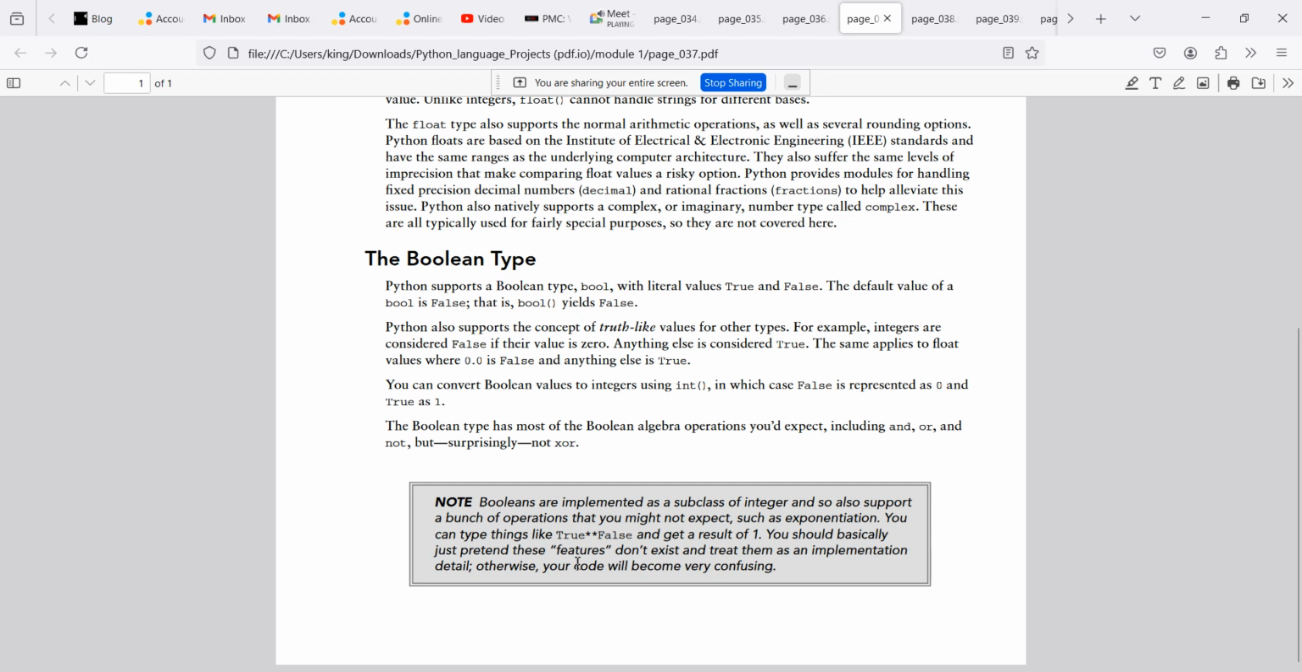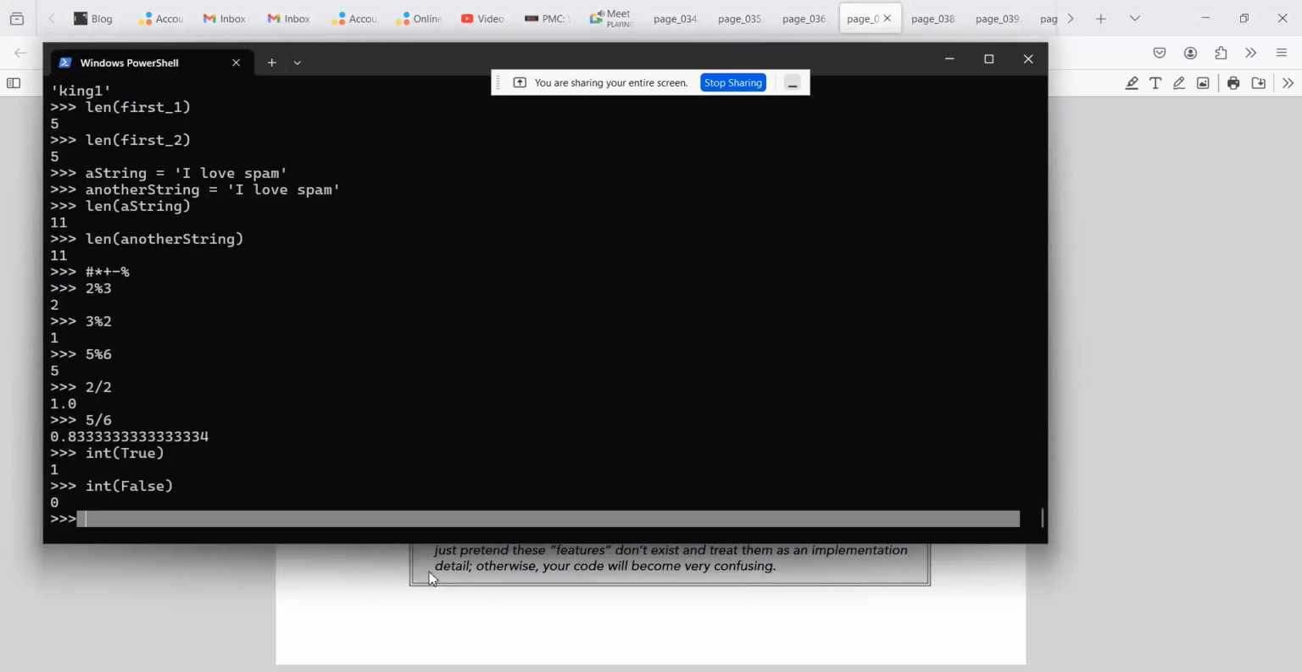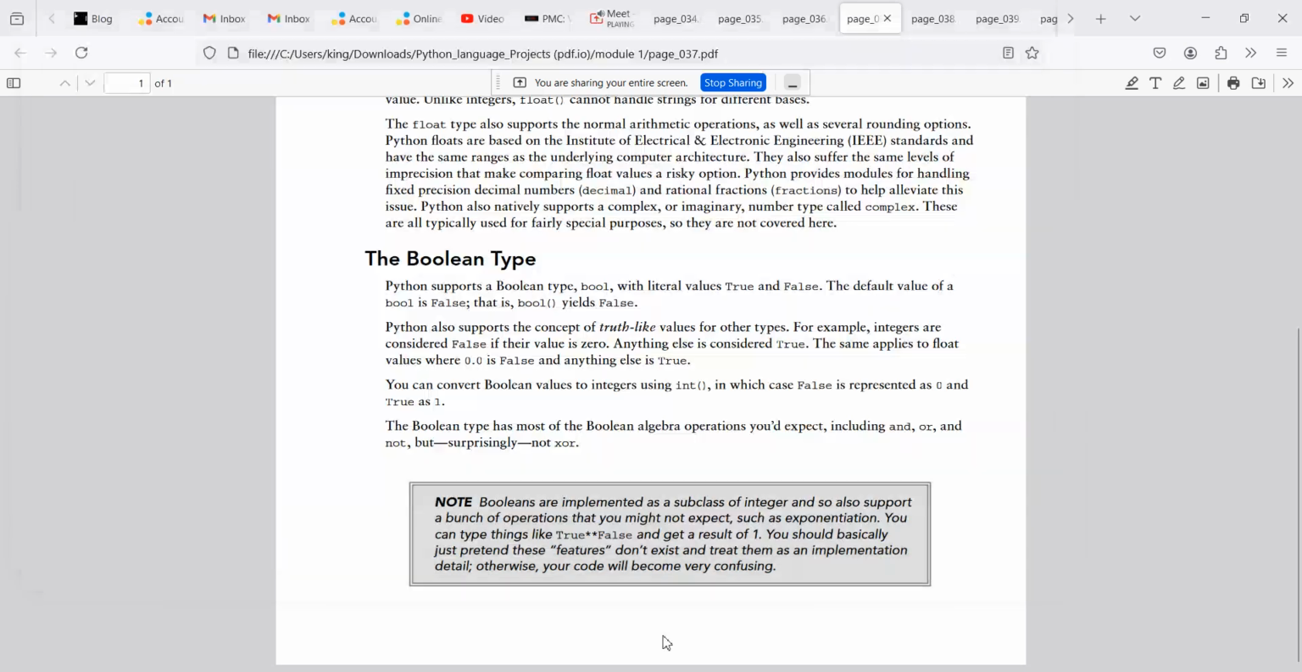Now the first thing is, let's look at this. We are saying that Booleans are implemented as what? A subclass of integer. I believe now you understand, since you've seen the classes. I said Python is an object-oriented programming language. So now if we go to help,